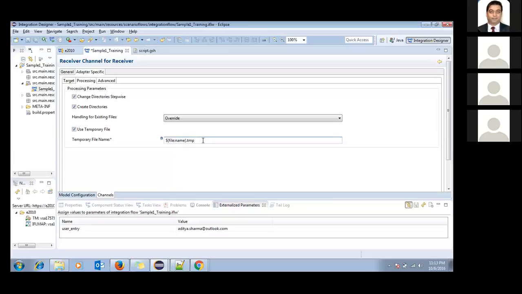So this is done in cases wherein you have huge payloads, where we know that the writing of the file might take some time and the other iFlow might get triggered with incorrect or incomplete data. So the file is still being written and somebody reads it. So that causes